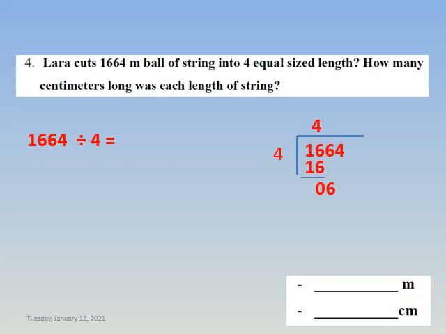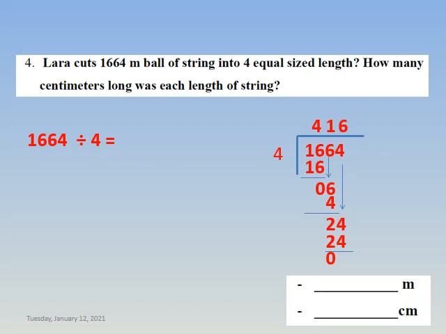Now, what is the nearest number in the table of the 4 to the 6? It's the 4. Yes. So how many 4's inside the 6 do I have? Only 1. I'll write the 1 up in the quotient, multiply this 1 by the 4 and write it down. Then I subtract. 6 minus 4 is equal to 2, and I bring down the 4. Now I have 24. 24 divided by 4 is equal to 6. Write the 6 up, multiply the 6 by the 4, it will give me 24. Subtract, it's a 0. So 1664 divided by 4 is equal to 416